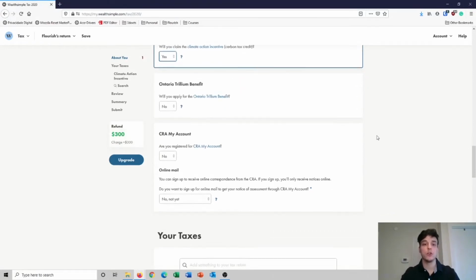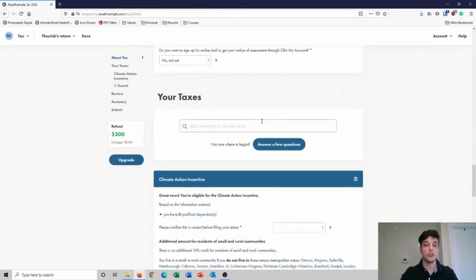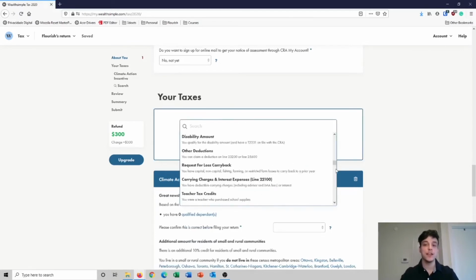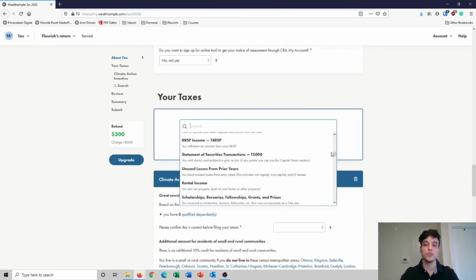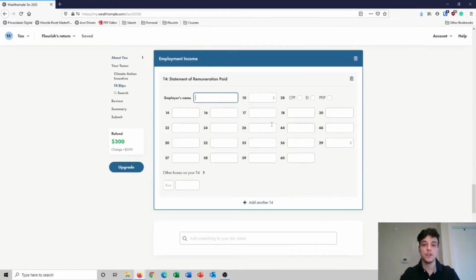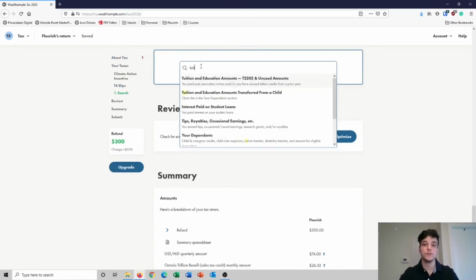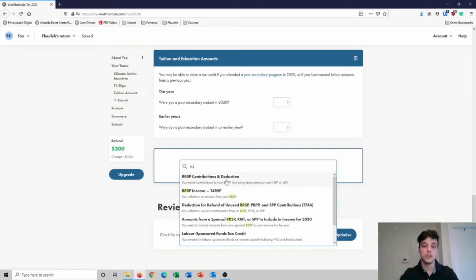Scrolling down a little bit more, you have a couple of questions about your CRA account, and then we come to the search bar. Once you click on the search bar, you can see all the options that you can claim in your tax return. So a lot of options, and for walkthrough purposes, we'll just add a few of them. So let's say T4, and then we go back to search and search for tuition. You see here, you can search too, so tuition, and let's add our RSP,